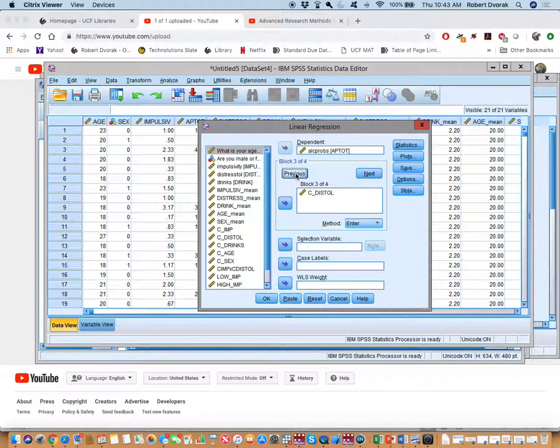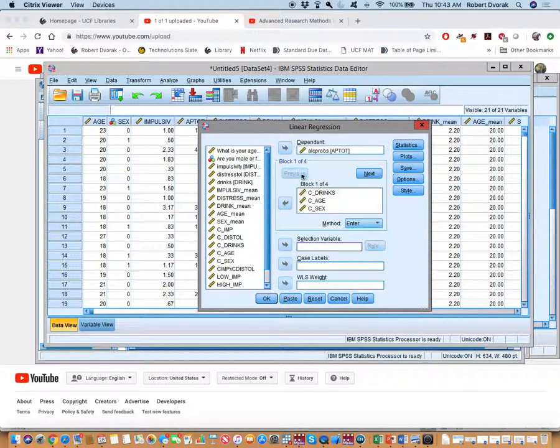And we're going to have to move back a few steps. So we have impulsivity right here in block 2. You know what? Let's take everything out of all of these blocks: block 4, block 3, block 2. We can leave the stuff in block 1, actually. In block 2, I thought I removed that. Okay. In block 2, let's add our centered distress tolerance.